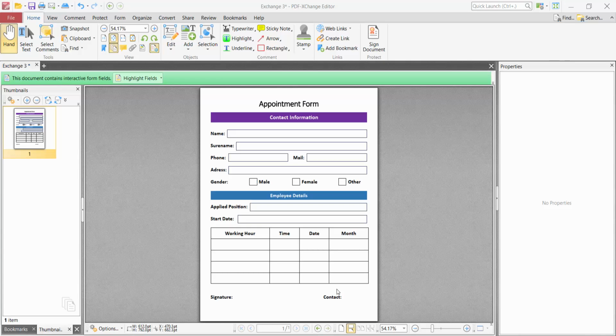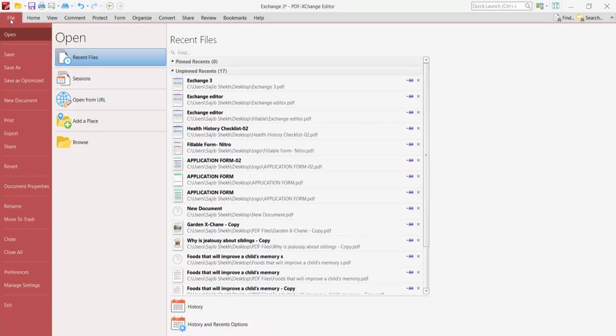Hello everyone, today I will show you how to fill in a fillable PDF form or type text in a fillable text box using PDF XChange Editor. Open your fillable PDF form with PDF XChange Editor, select the file option and here you will find this